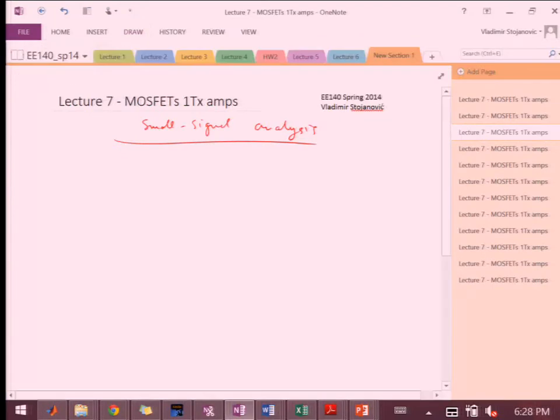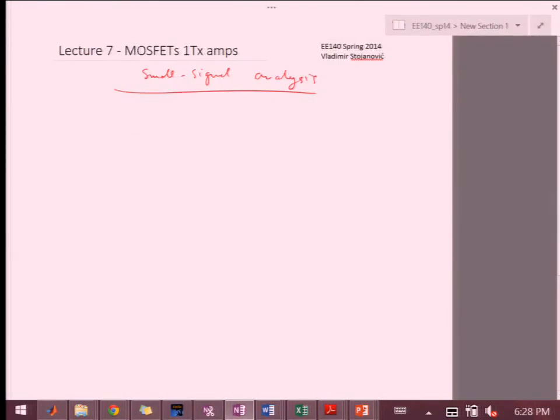Let's change the color. Okay, so we're going to again start from some very simple stuff and progressively get more complicated. We're going to say that there's some VI here and a small source. We're going to add the RS. Okay. And if we take a look at something like this, when we map it to small signal,